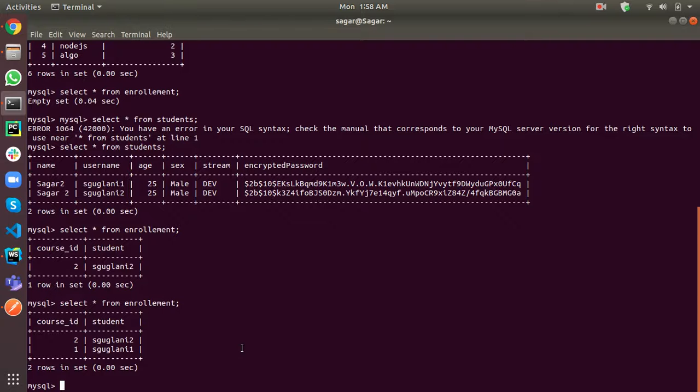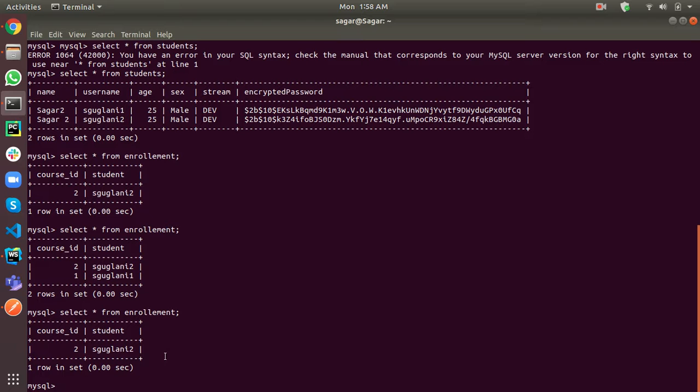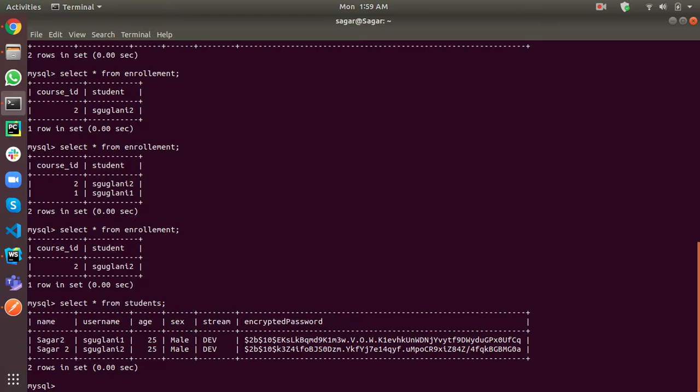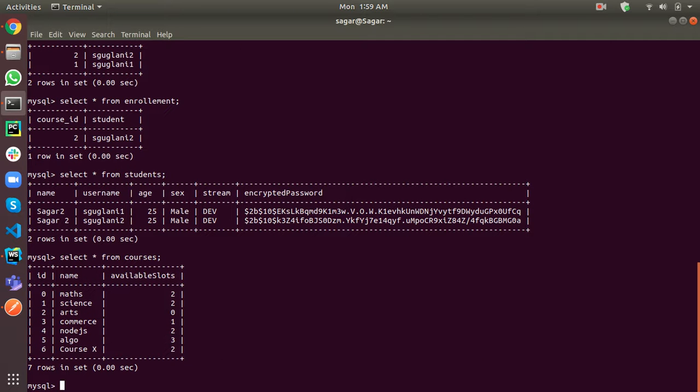So for now we have only one student enrolled as Guglani 2 in the course ID, and the students we have authenticated are 2 and courses status is this. So I will just delete this student to show you how the delete request works.